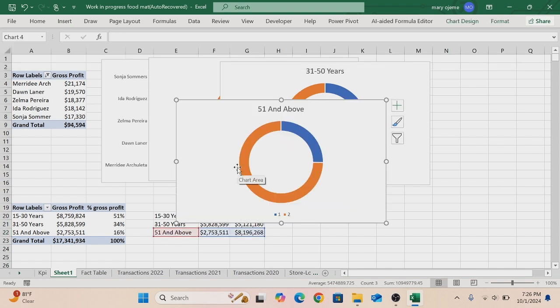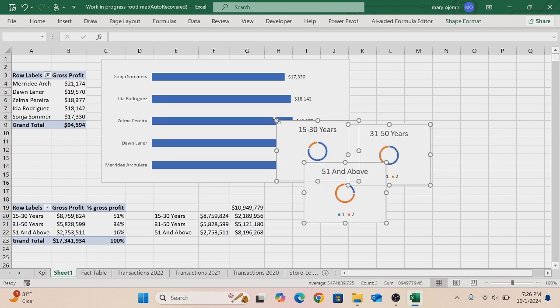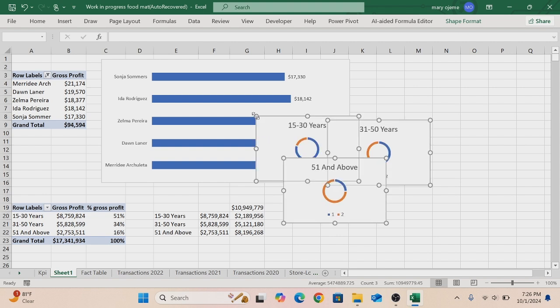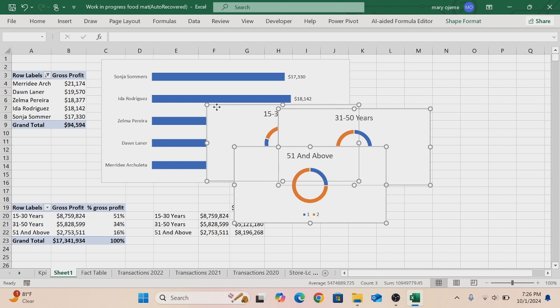Now we have the three charts. This one is still active. Hold your shift down and select the remaining two. While we're doing this, we want to reduce them at the same time, so the size will still be accurate. They will all be the same size. And it's okay this way, or we can just increase it a bit. Okay, so